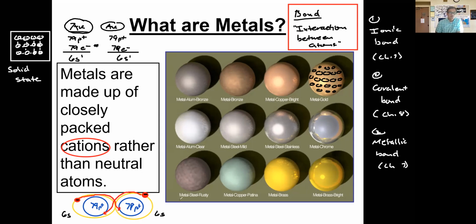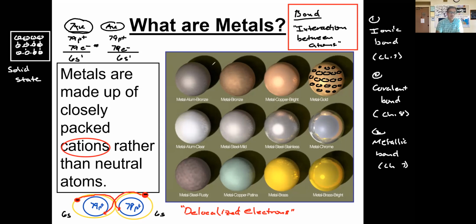Okay, we refer to this as delocalized. It's called delocalized electrons. Okay. These are delocalized electrons, meaning that they are not located in a single location. They are free to move around from one gold nucleus to the other. Okay. They are not localized.